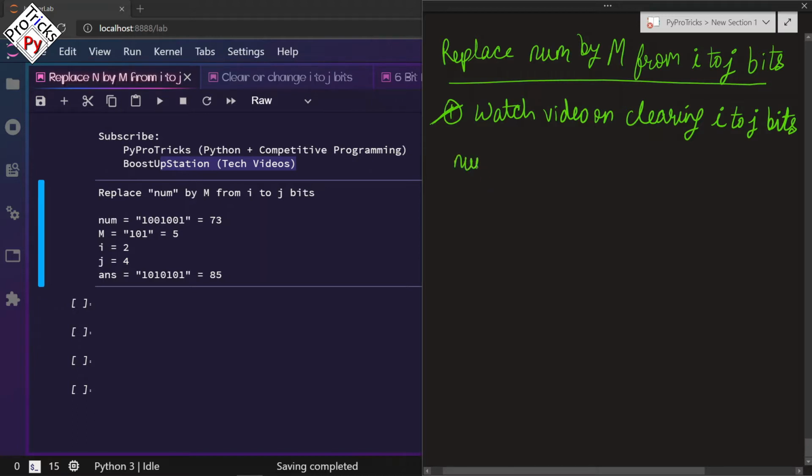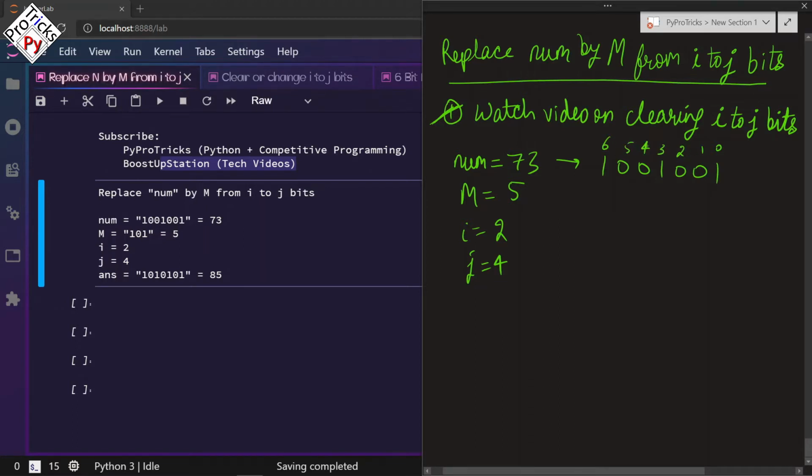So num is equal to 73, m is equal to 5, and I is equal to 2, j is equal to 4. 73's representation is 1, 0, 0, 1, 0, 0, 1. Let us mark the index 0, 1, 2, 3, 4, 5, 6.